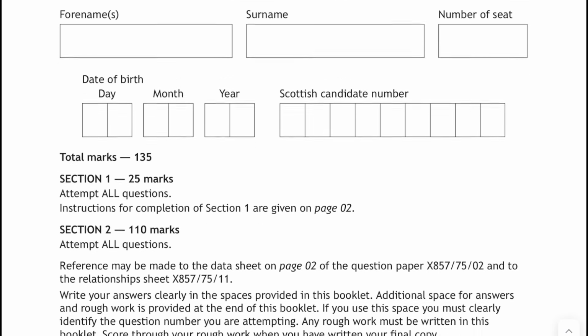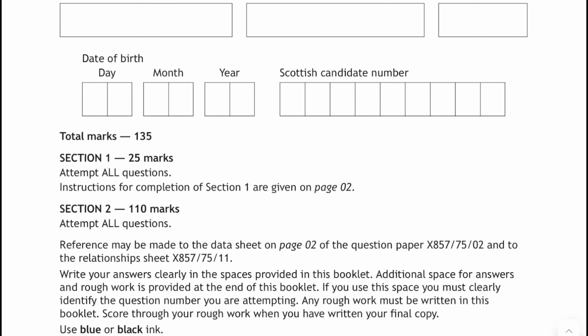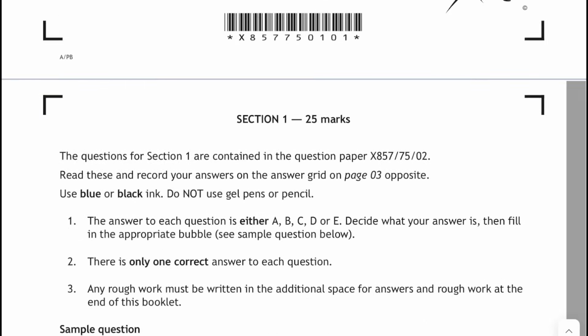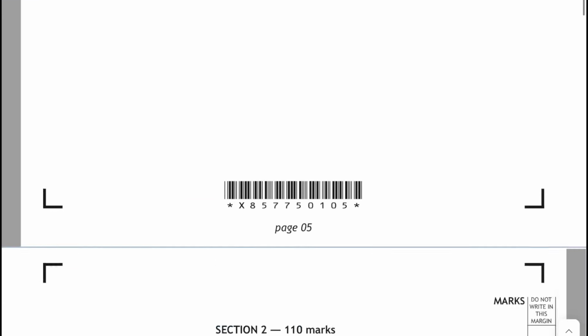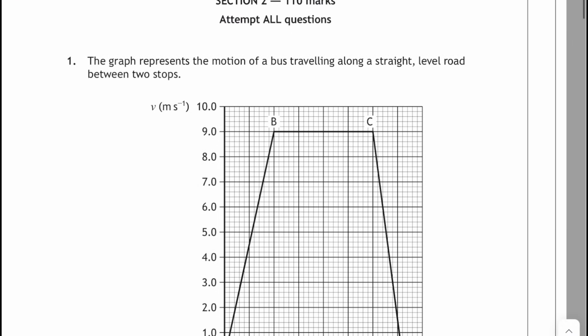It's 2.5 hours all in. That was for the 25 multiple choice questions, which we've done in another video. And then there is this part, the 110 marks written paper. We're doing this over 3 videos, so this is part 1. Questions 1 to 6, firstly, that's the dynamics and space stuff. And we start with graphs of motion. As usual, have a go at the questions first, and then come back and you'll see how we have done